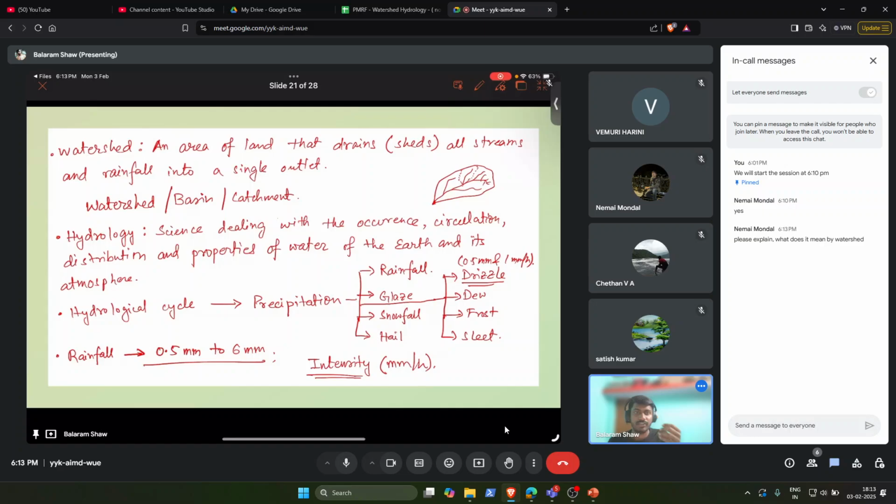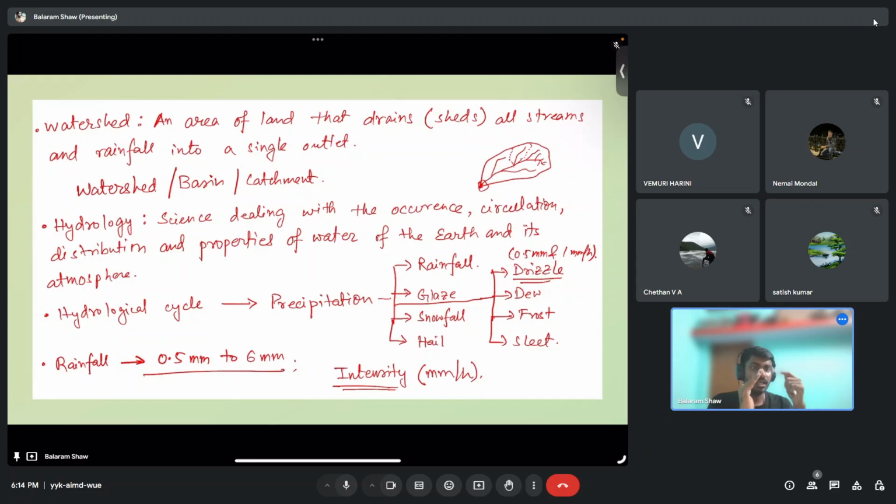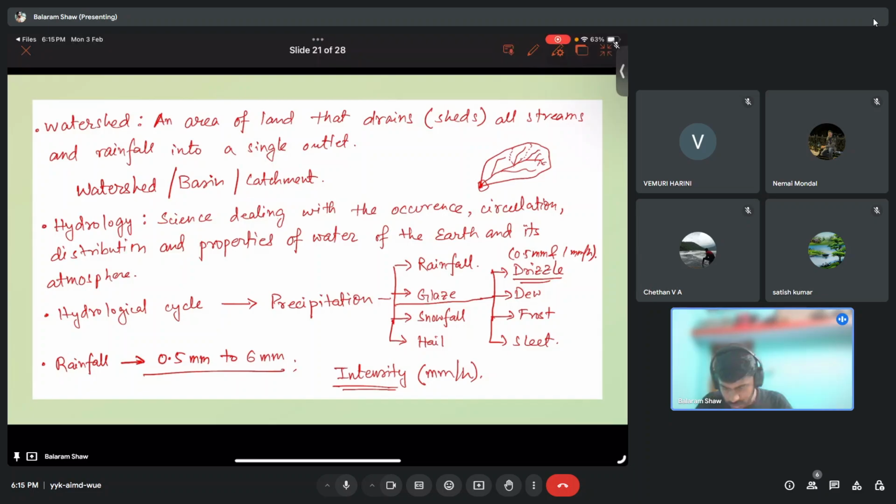Again, if you consider the same mountain and rainfall falls on the right hand side of the mountain, what will happen? It will go in the other direction, right? So if you consider the whole mountain area, it will not have the same outlet point where the water is draining. So the area where whatever amount of rainfall or input precipitation there is joins a single outlet, that is called one watershed. Like that, in a bigger watershed, you can have smaller sub watersheds also. Any other questions in this? If not, we'll move to this week's lectures.